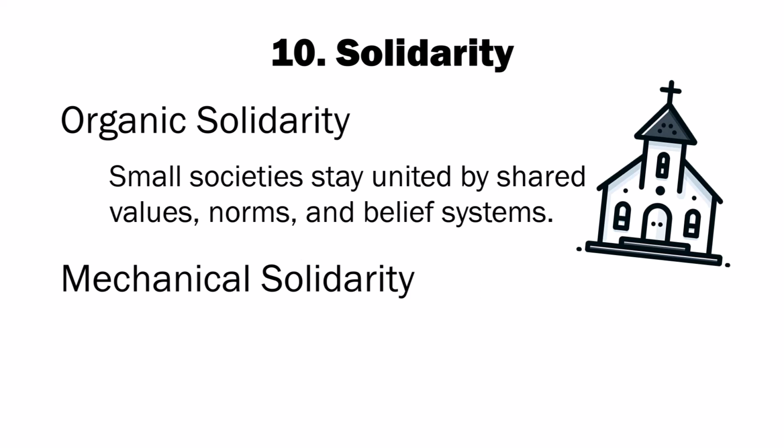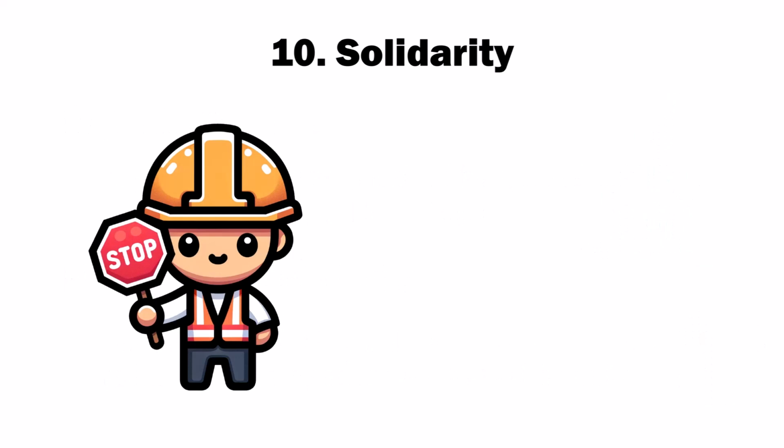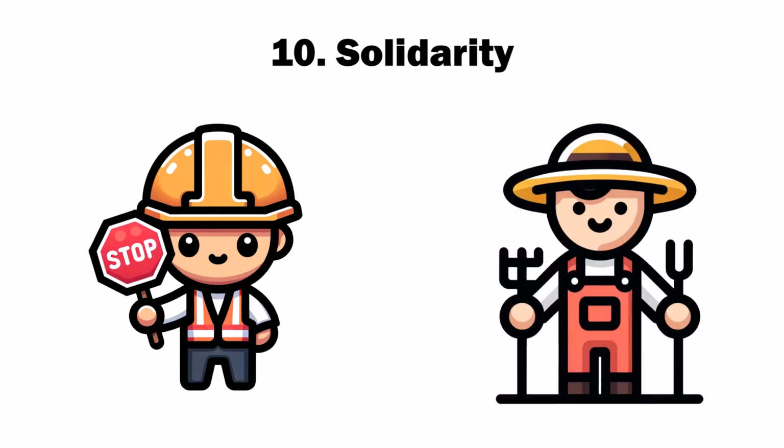But as societies grow, we see that there is a greater social diversity within the society. So these societies don't stay united and stable just because of their shared values. Instead, we see mechanical solidarity forming. Mechanical solidarity refers to the sense that we are all reliant on one another for mutual benefit, even if we don't share values. The person who paves the roads for the farmer may pray to a different god and have